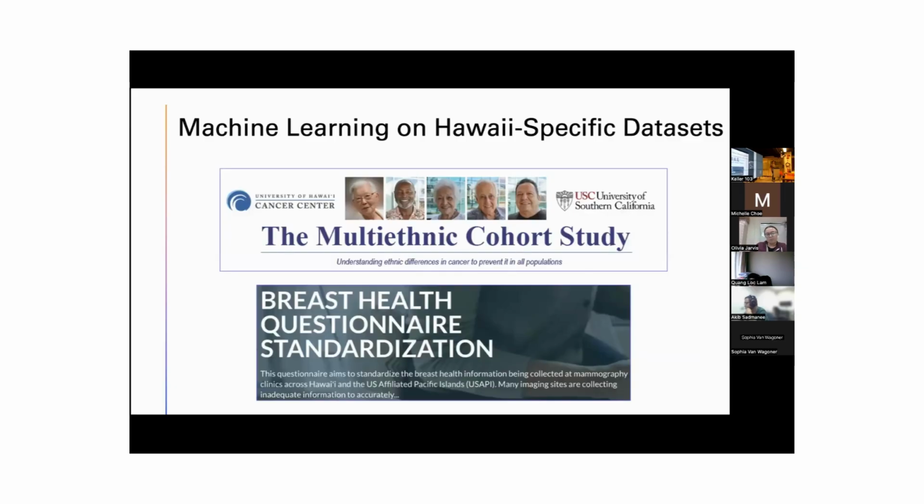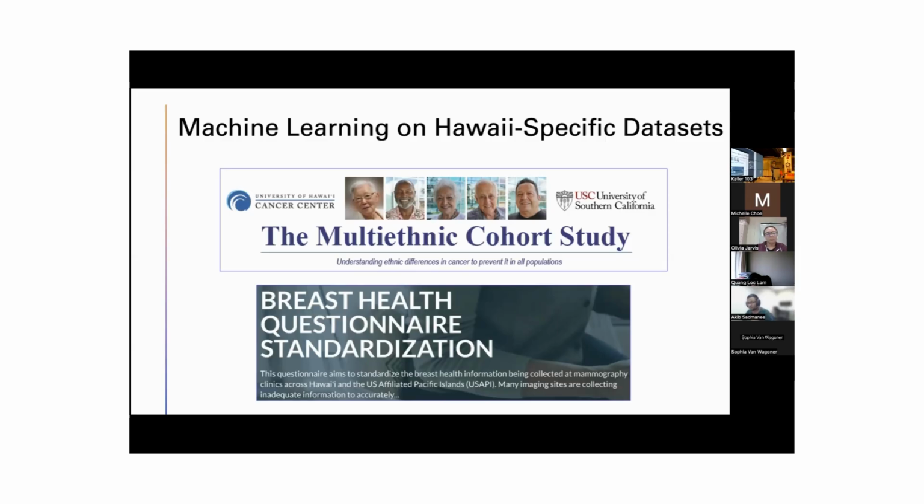But there are also Hawaii-specific data sets that I'm looking at, the multi-ethnic cohort study. This is a data set of blood biomarkers and also genomics from a diverse group of people in Hawaii and California, together with the HIP EMR data set, which is mammography data collected in Hawaii and other Pacific islands, which is also collected from a diverse population of people.